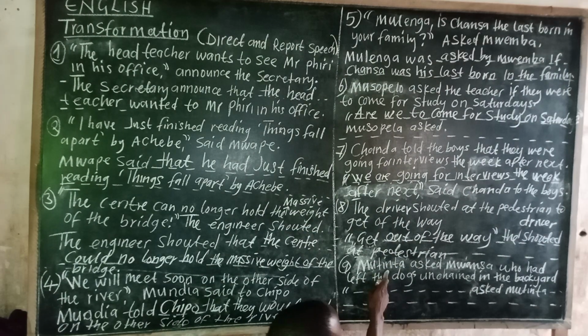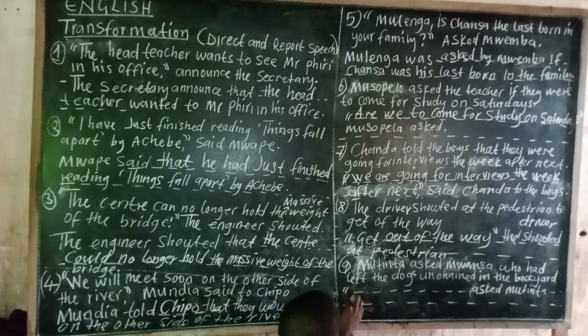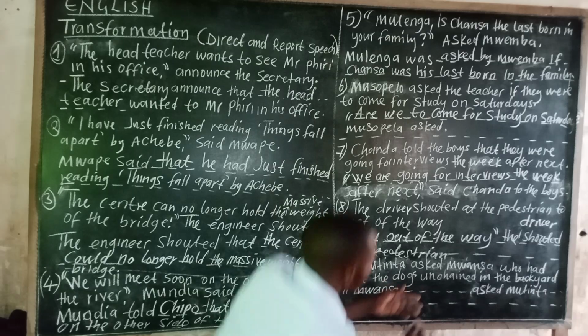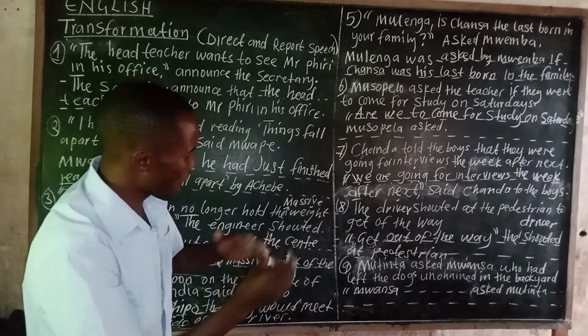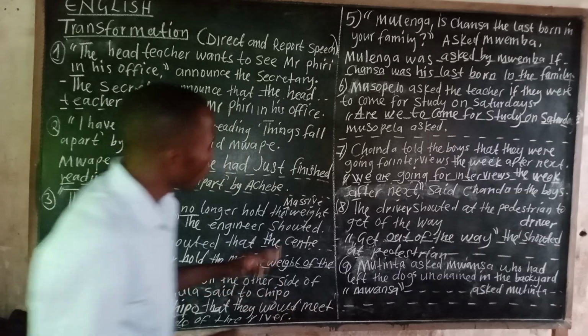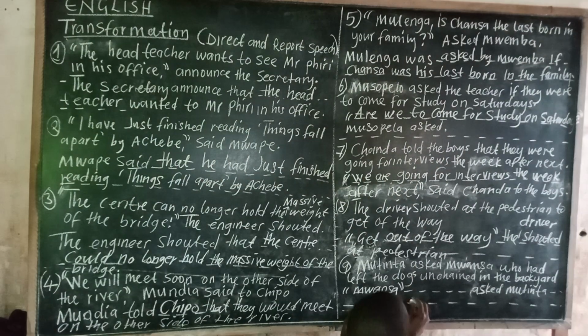Since Mutinta is the one who was asking, you are going to say Mwansa. Since that is a noun alone, to separate it you need to open and close the inverted comma. Then Mutinta asked Mwansa, who